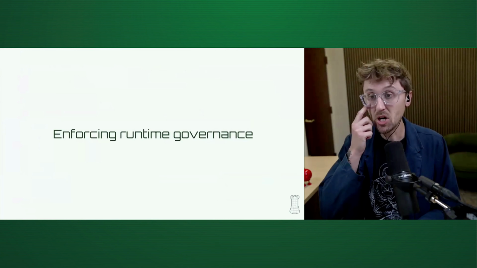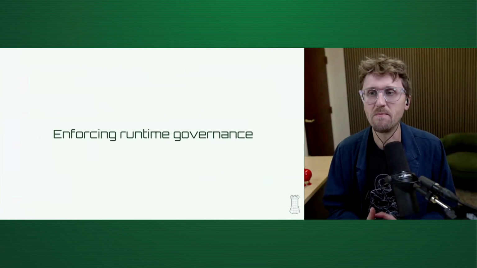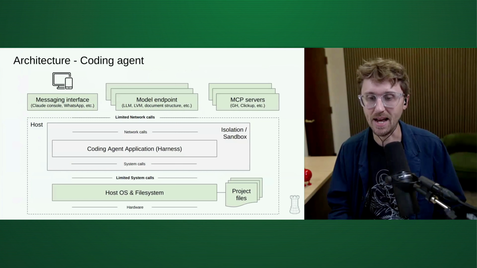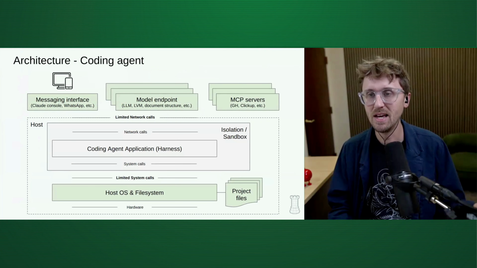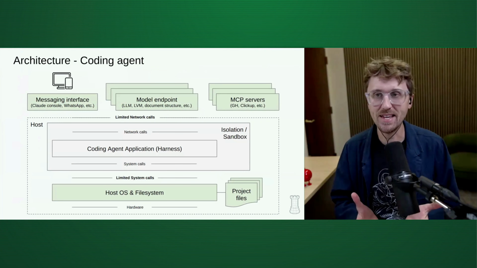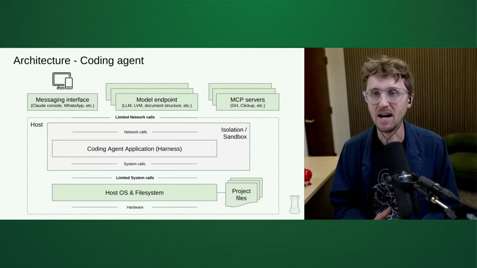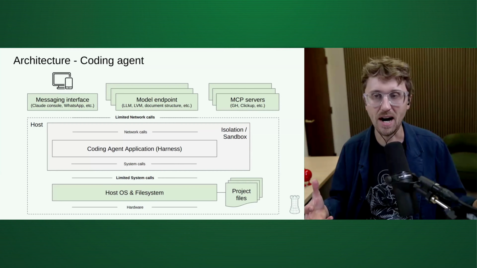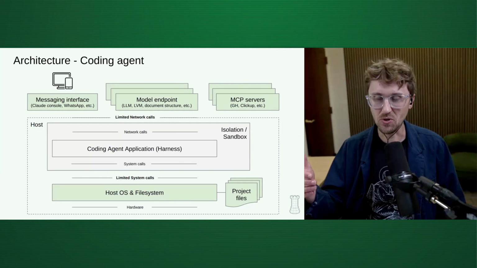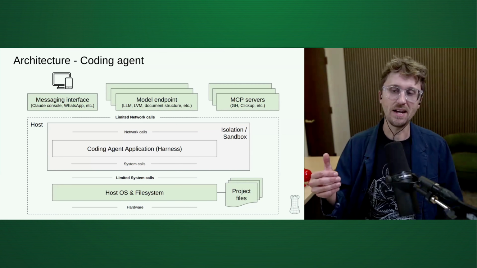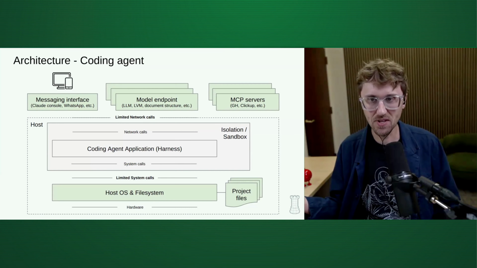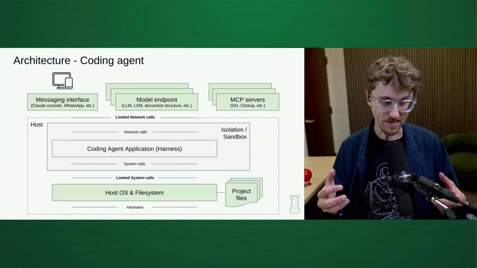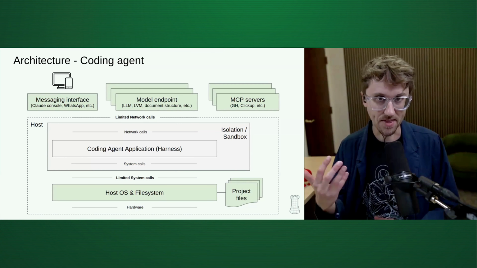In terms of the last piece of governance, I want to emphasize enforcing runtime governance, in addition to supply chain and limiting the blast radius. Here, we want to think about all the many things that surround our coding agent. So there's the messaging interface, the models, the tools, the OS, how it's interacting with files. It's not only enough to isolate the agent and know which things it can use. You also need to know how it is using those things and whether that's in line with the policies of how you want that agent to behave.